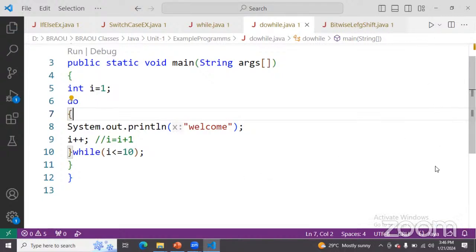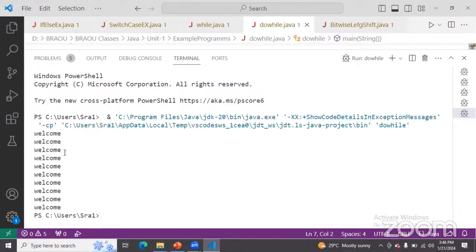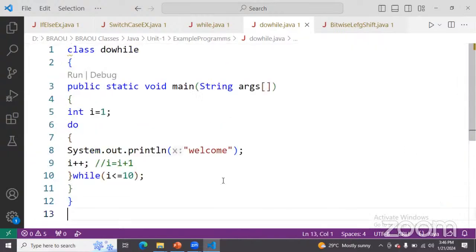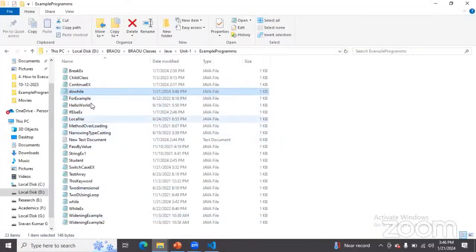See now, let me execute this program also. Now see the output of this program. Okay, this is about do while. In the same way,